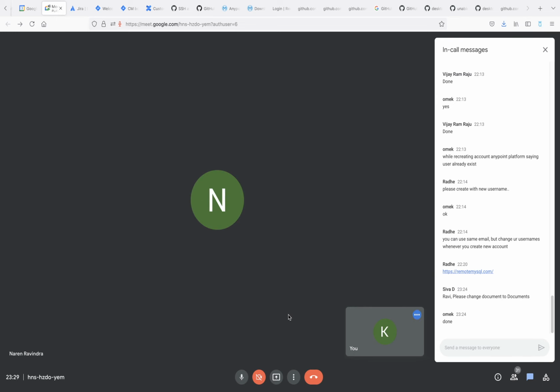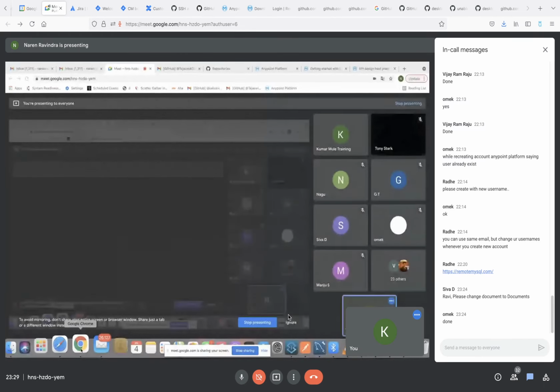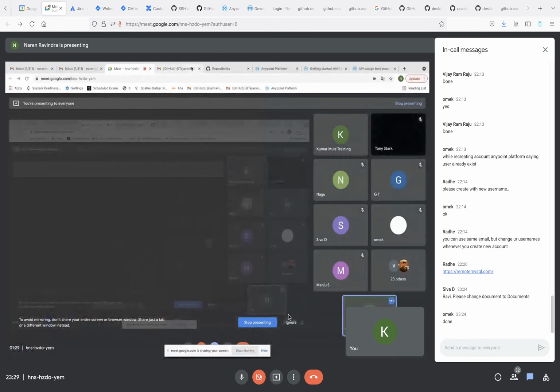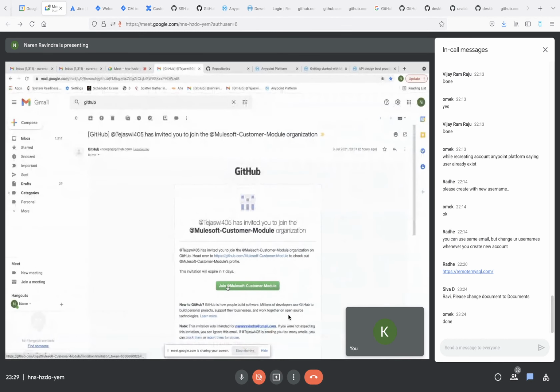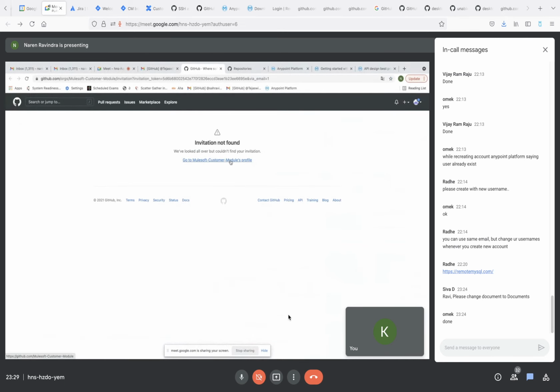Okay, go to any tab. I think you haven't selected the entire screen. Yes, now I can see. Yes, correct. Okay, click on this.